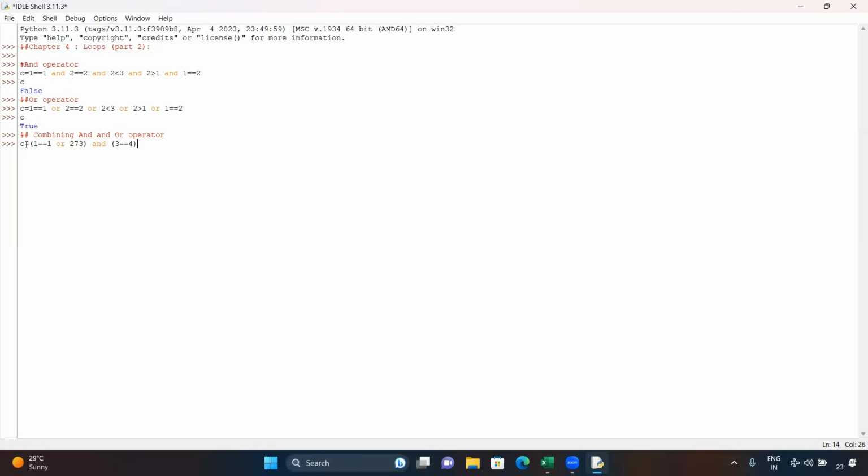Here also I have declared a variable C. Here we have mentioned whether 1 is equal to 1. This is true. And in the middle, I have mentioned the OR operator, 2 and 3. So up to this point, it is true. But as we use the AND operator at the last moment,